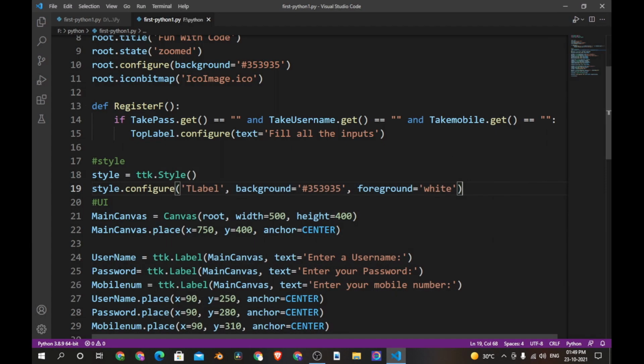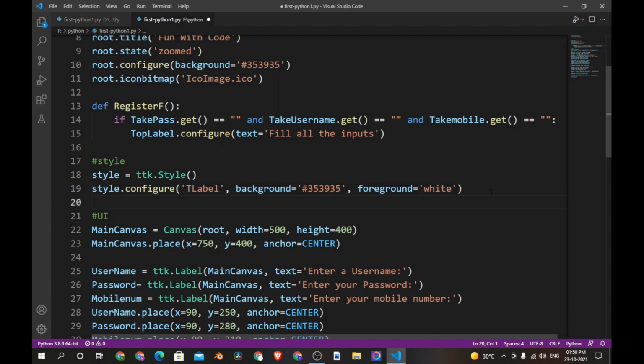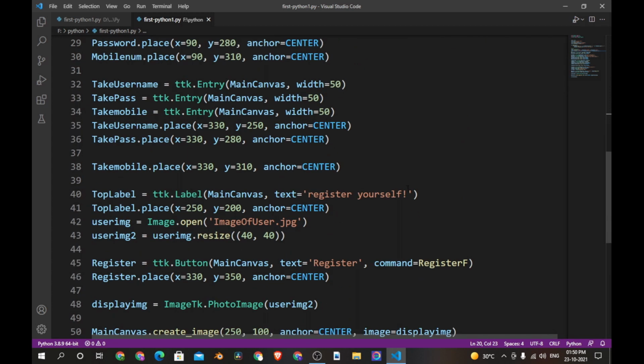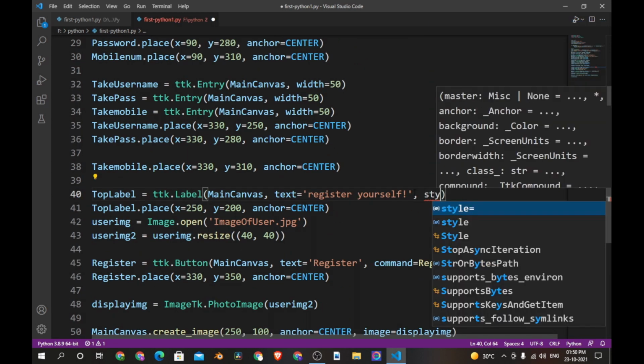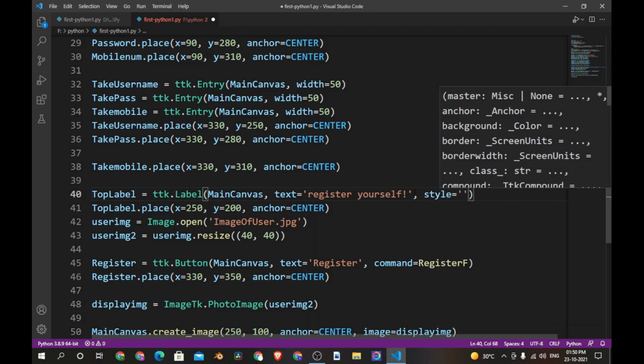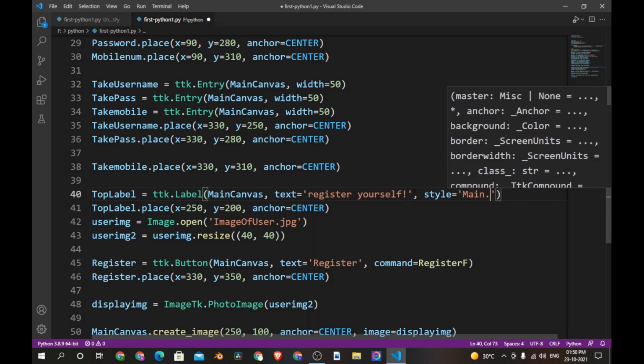Now we could do this. Let's say style.configure t-label background is equal to red. But if we do this, all the backgrounds of all labels will change to red. We don't want that. So let's do this in another way. Let's copy this statement and paste it here and change this to main.tlabel or whatever you like. Now let's come to top label and let's say style is equal to main.tlabel,